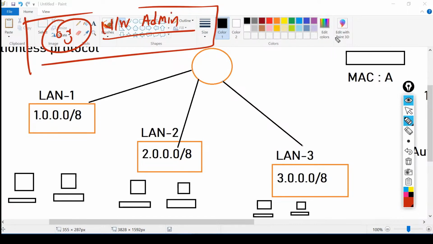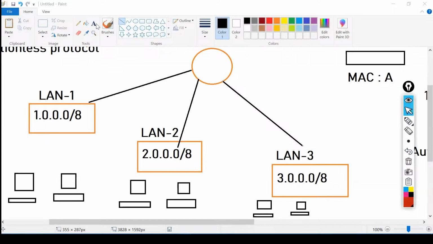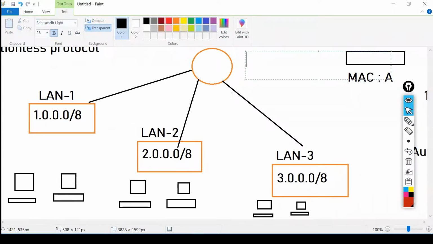You need to configure all the DHCP configuration on this router by the network admin, whatever the requirement you have. For example, what am I going to do on this router? The first command is IP.